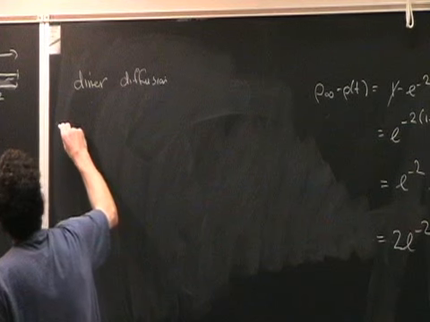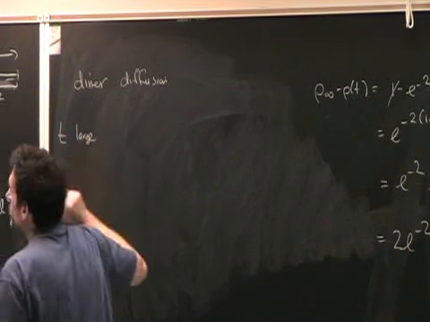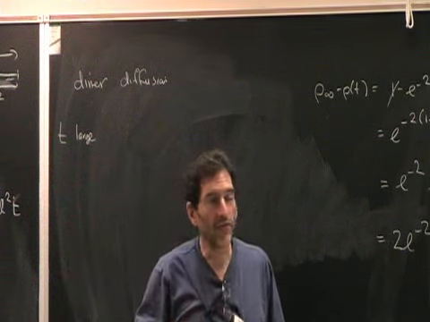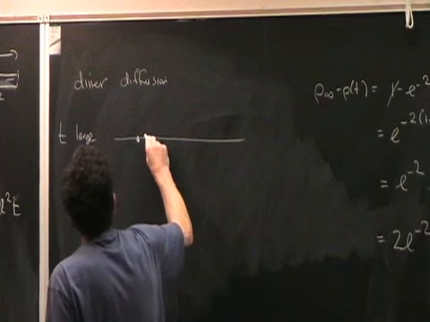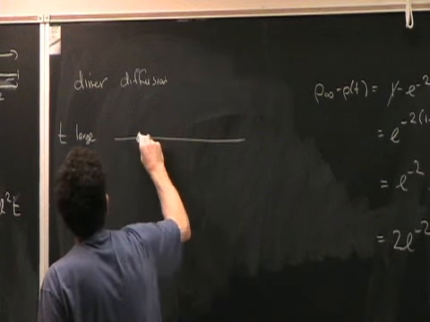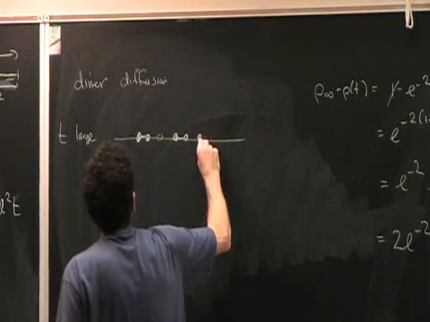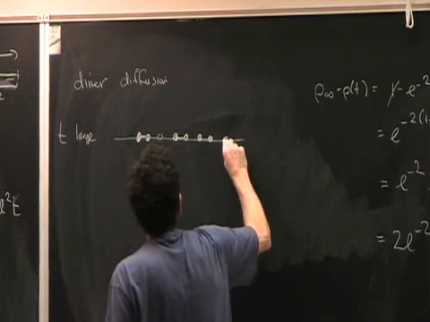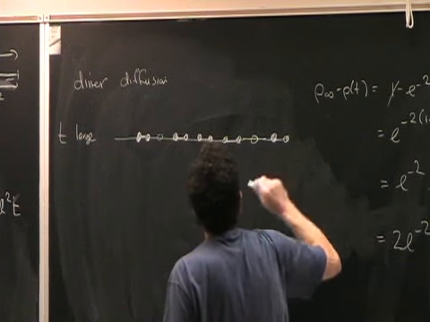So let's suppose that we wait for t large, so that all absorption events that could have occurred have occurred. And so my line will look something like this. Here is a dimer, and then maybe an empty space. Here's a dimer and a dimer, maybe another dimer and another dimer, another dimer and another dimer, and then here's an empty space, and then dimer, dimer.